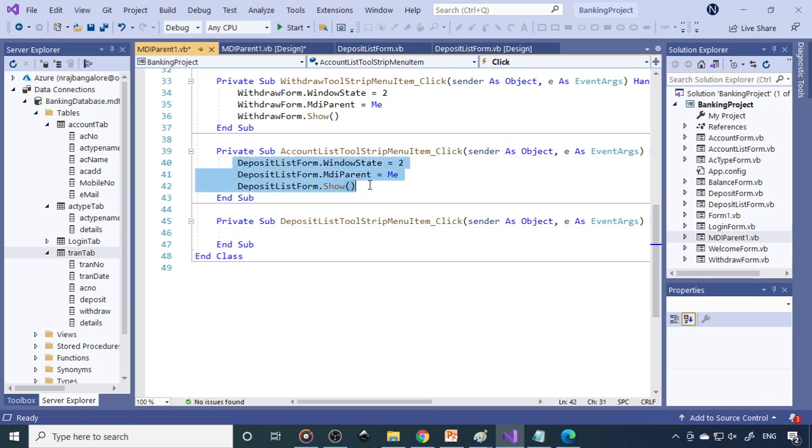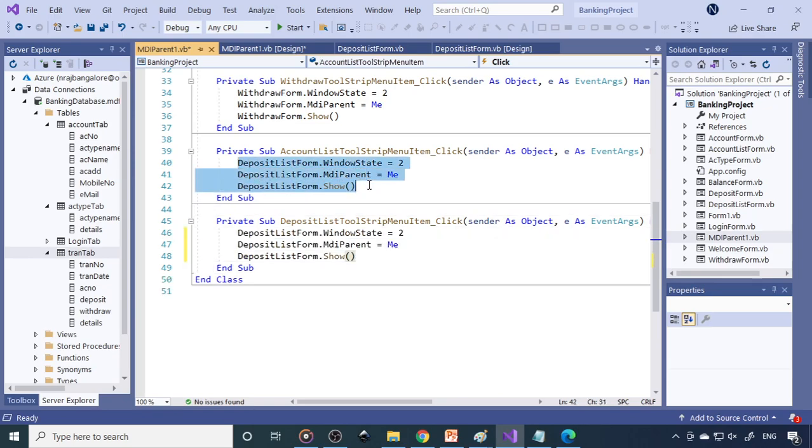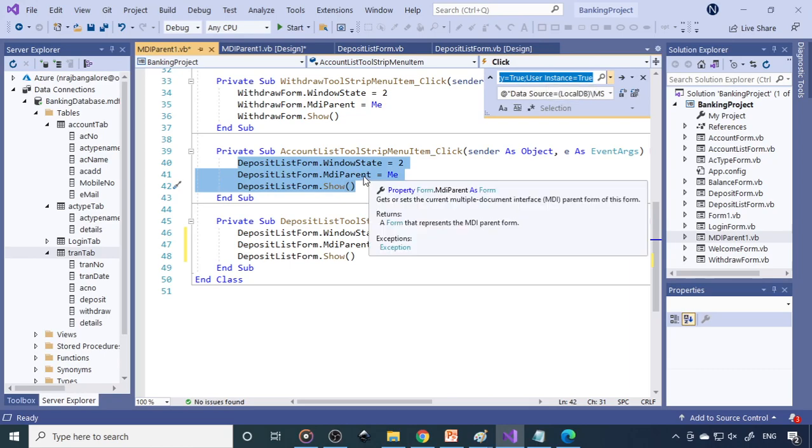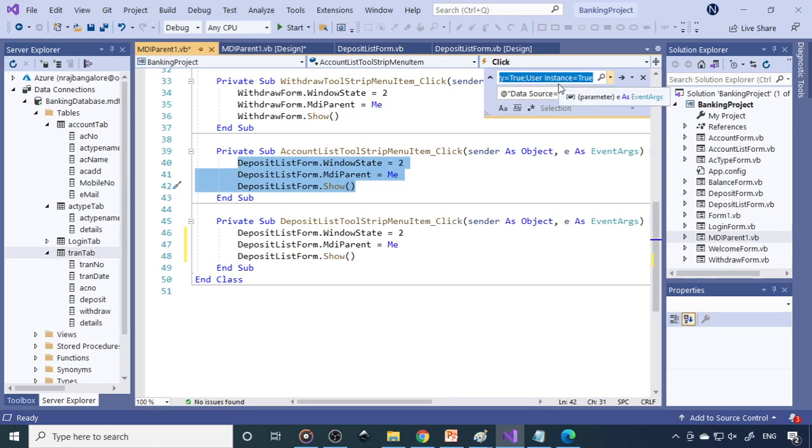even that is changed. Therefore you can copy this and paste it here, and here you can replace it with Control H. So this is a deposit form that you want to replace with account list form, and we're supposed to make selections here. Once you say replace, everything will be replaced. So it's replaced, done. So from the deposit we just changed to account list form.